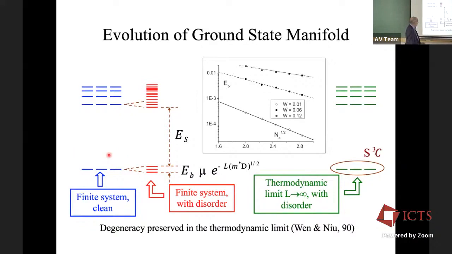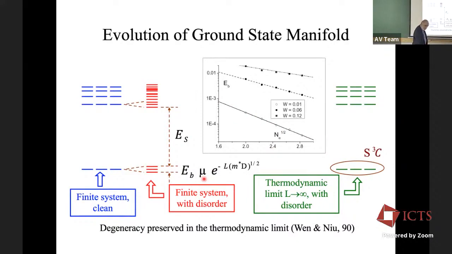Okay. But as soon as you put on a little bit of disorder, this degeneracy vanishes because these 3 wave functions are different. They respond differently to the disorder and they split. You can actually show the splitting depends exponentially on the size of the system. And that's being shown right here, that as you make your system large, the splitting actually goes down. And so in the thermodynamic limit, there is a degeneracy. It's just not there in a finite size system.